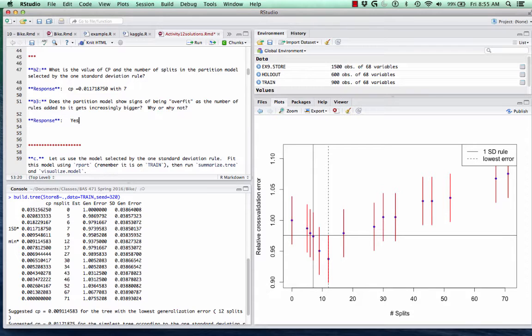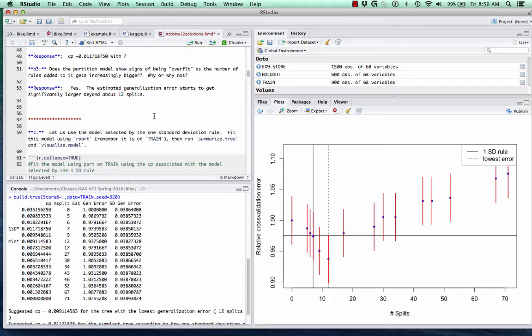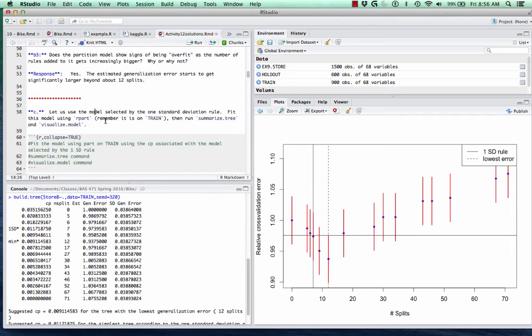Yes, it does. The estimated generalization error starts to get significantly larger beyond about 12 splits. That's what we see, the estimated generalization error getting bigger and bigger, indicating that the tree is essentially memorizing the training data, the quirks and characteristics that are unique to it, which it isn't finding in the data as a whole, and so we actually make worse predictions. All right, part C